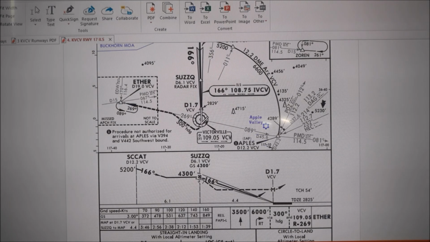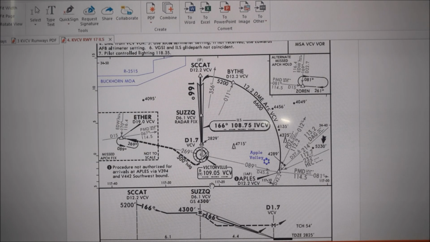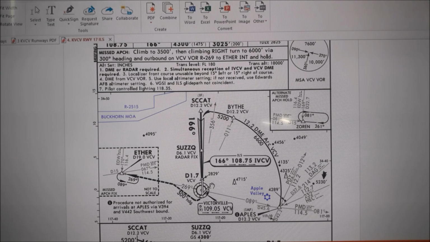And we also have to note down this 4300 for the time being. These are the waypoints, and this is called the final approach fix. You see the Maltese cross here, it's a final approach fix. And this 166 is the radial, and this is the glide path. At 3 degrees we will be gliding to this touchdown point. It has to be precise on the instrument. We'll see when we fly within the aircraft how it is monitored, how it is controlled.